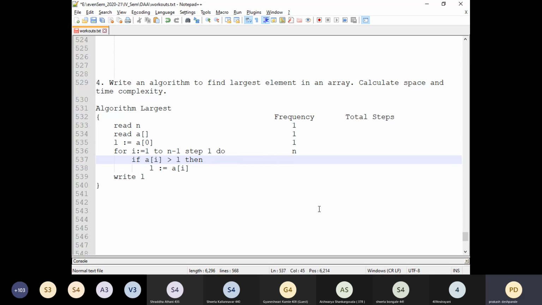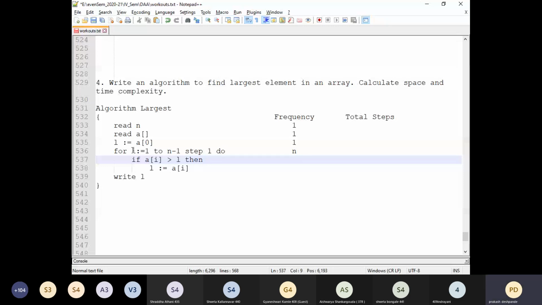What about this particular step? This if condition, how many times will this if condition be evaluated, executed? If you understand the flow of the for loop, whenever the for loop is true, then only it will enter into its statements.